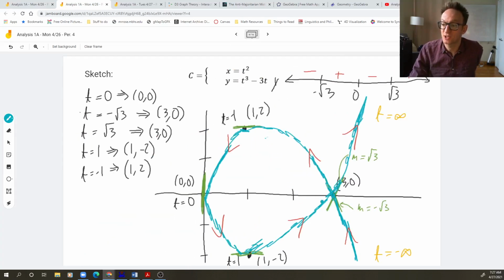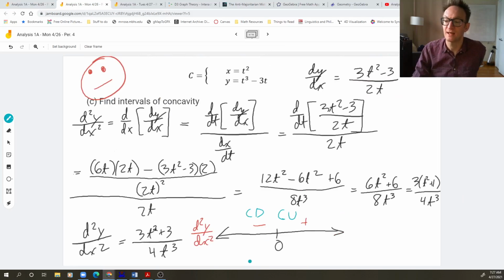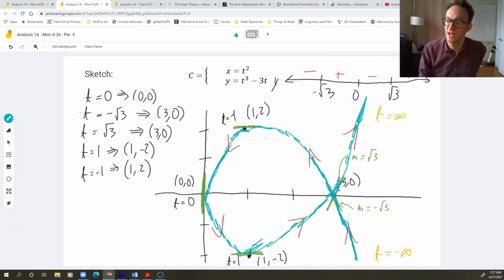And in a perfect world, we would have done this first and then at the end sketched this curve. But indeed, you do see, as predicted by this analysis, that my curve is concave down for negative t values and concave up for positive t values. And here we are at time negative infinity, and indeed from time negative infinity to time 0, which is the first half of this fish, the tail and